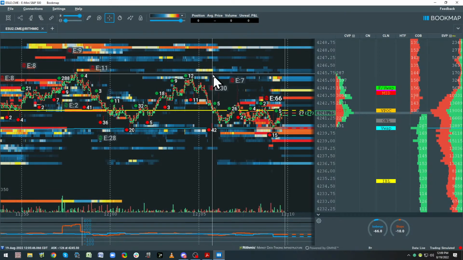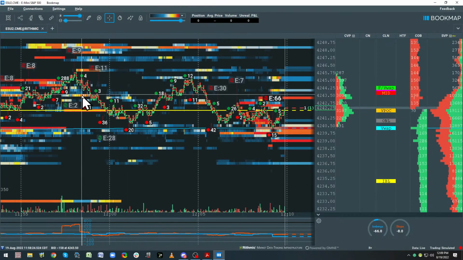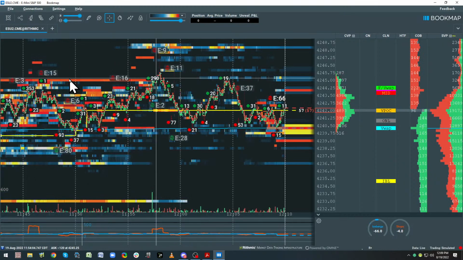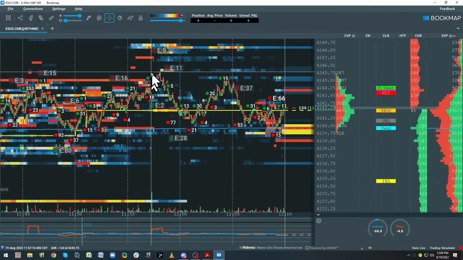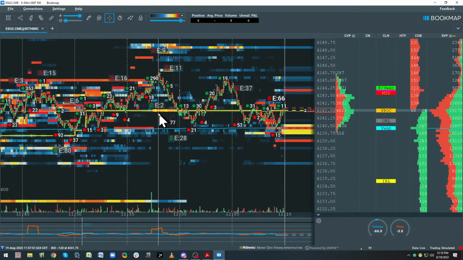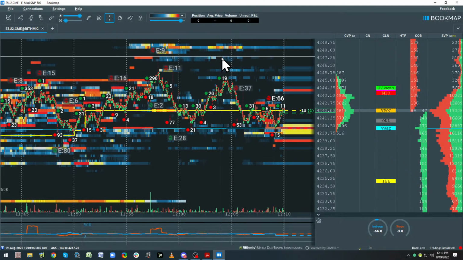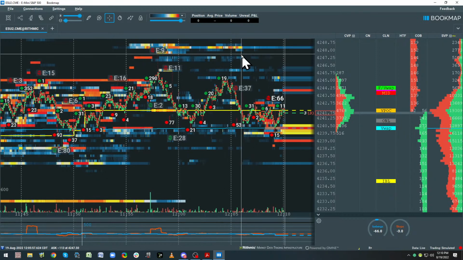And it doesn't mean you can't. I'm just saying I can't. My job is to stay in alignment. If I understand that, then I'm only trading one side. I don't want to join the weak hands. And it doesn't matter if we get a 15-point rotation up. I want to sell a 15-point rotation. Again, I'm only talking about me. You may say, hey, I could buy.